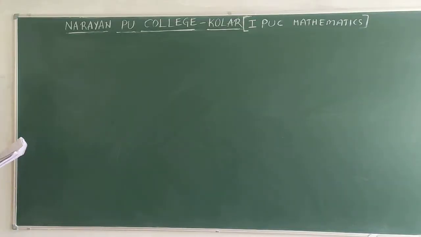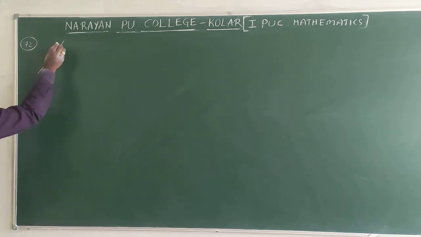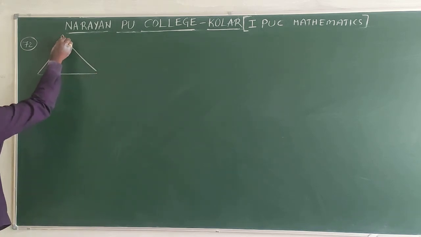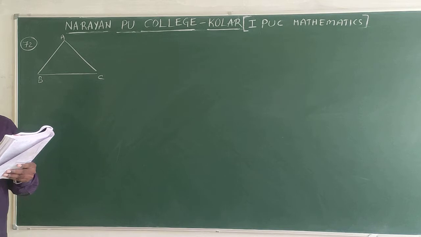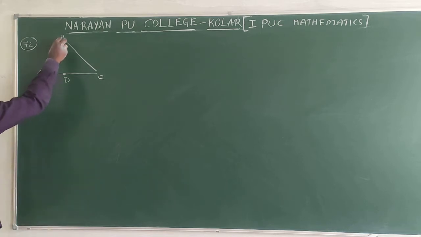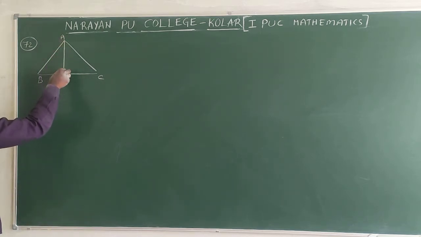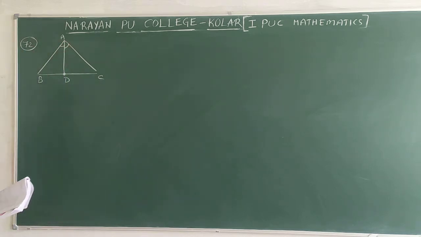Next, question number 72. In a triangle ABC, D is a point on BC, not midpoint. D is any point on BC such that AD is the internal angular bisector of A. It bisects the angle internally, and they given